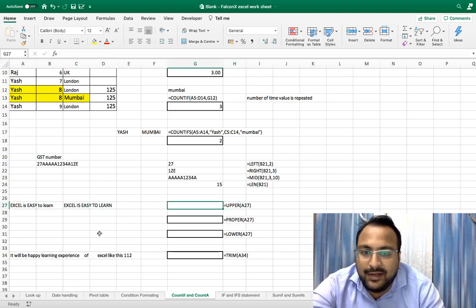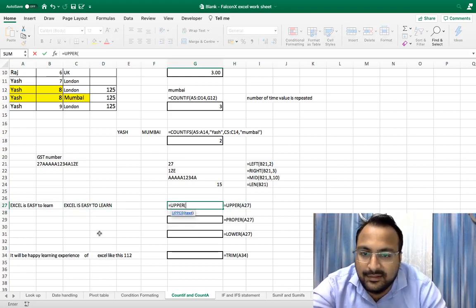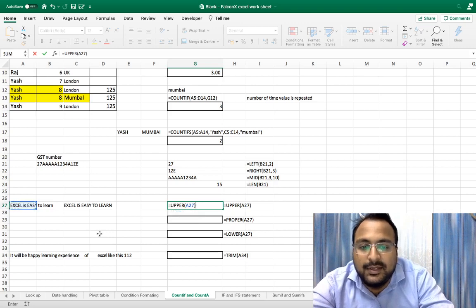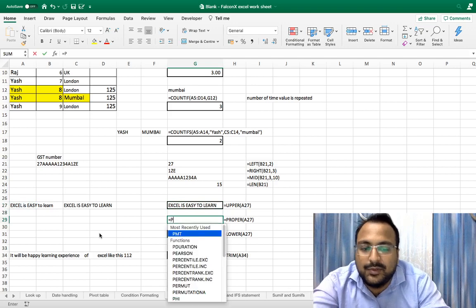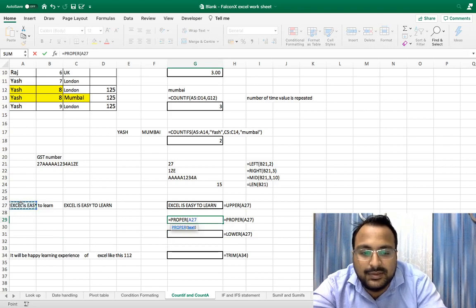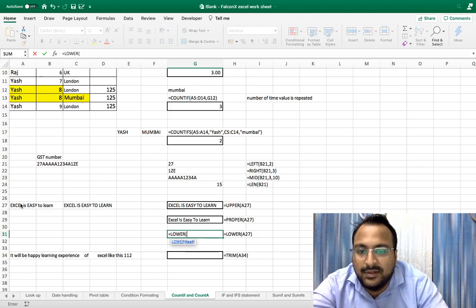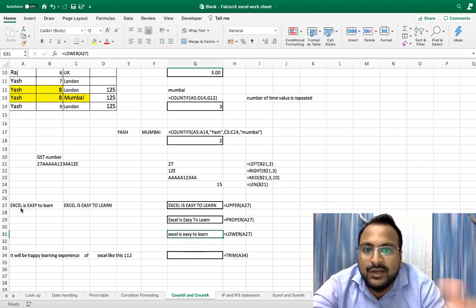But let's use a formula. For that we will use the UPPER formula in Excel. UPPER takes only one argument, which is the text which you want to convert to uppercase. Enter. As you can see, we got it. Now this was UPPER. If you want the proper format, we will use the PROPER formula, PROPER, and this. Enter. Now if you want everything in lower case, LOWER and text. Enter. This way you can use UPPER, LOWER or PROPER as per your requirement.